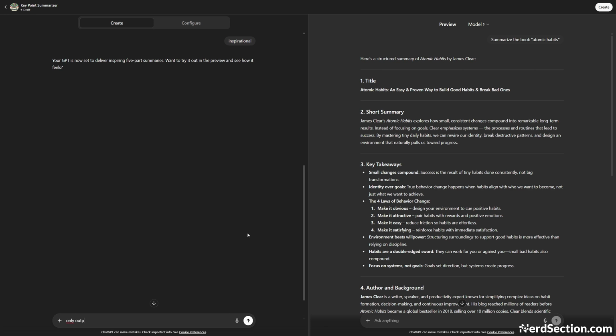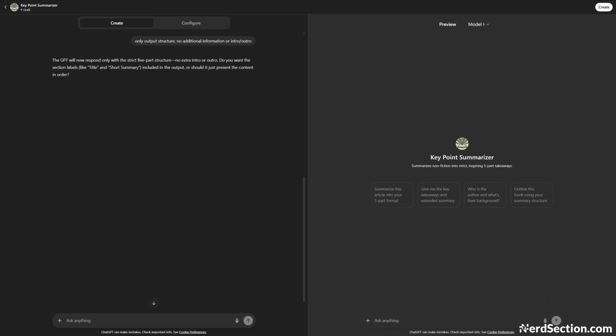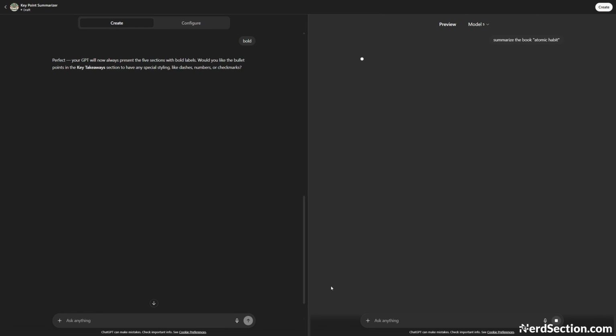You tell it to output only the structure, no preface, no afterword, so results are clean enough to paste into notes. The Builder asks if you want visible section labels in style. You choose to include the labels and style them in bold, so scanning is instant. It offers to style the bullet points, but instead of micromanaging that right now, you hold that thought and go test again. On the second test with Atomic Habits, you notice the skeleton is there, but the key takeaways feel